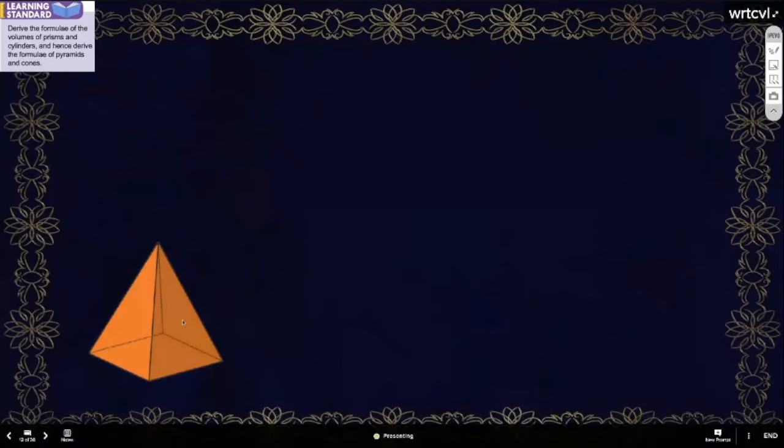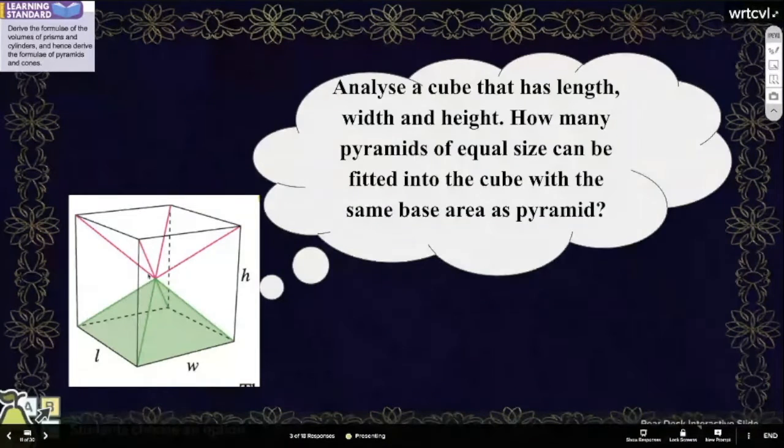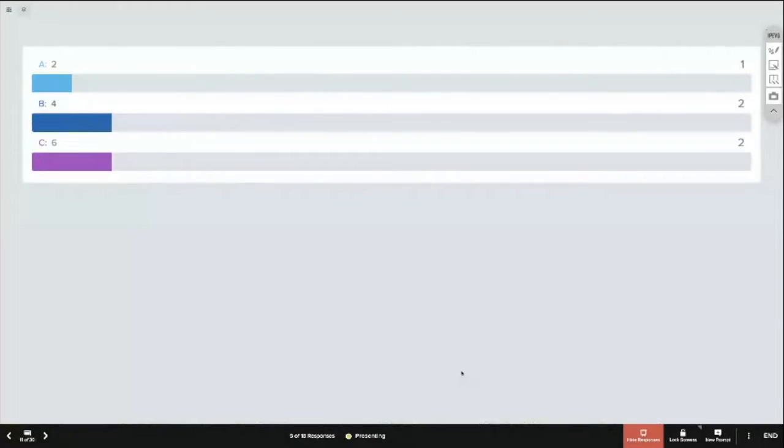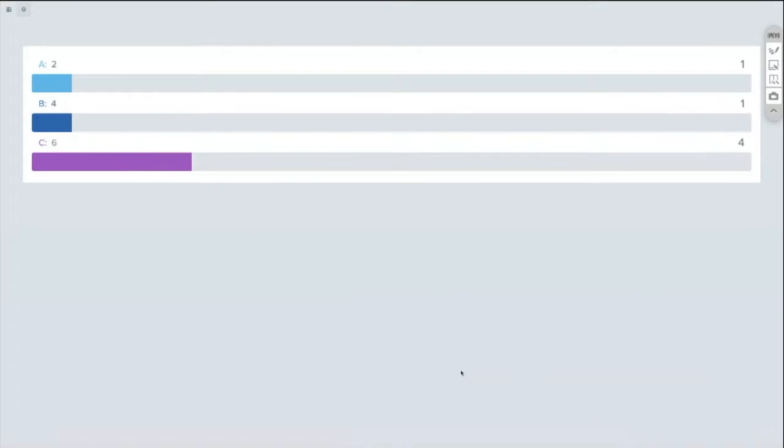Here it shows, this one you can see 2, right? The colored one, how many can actually fit? Respond. I will give you the choices: 2 or 4. Aliyah put, okay. Some put 2, some put 4, some put 6. Then you think about the cube. How many faces does a cube have? So when you see how many faces, then you will know how many pieces of the pyramid can fit into the cube. Some chose 2, some chose 4. Some are going to change. So you have to imagine.